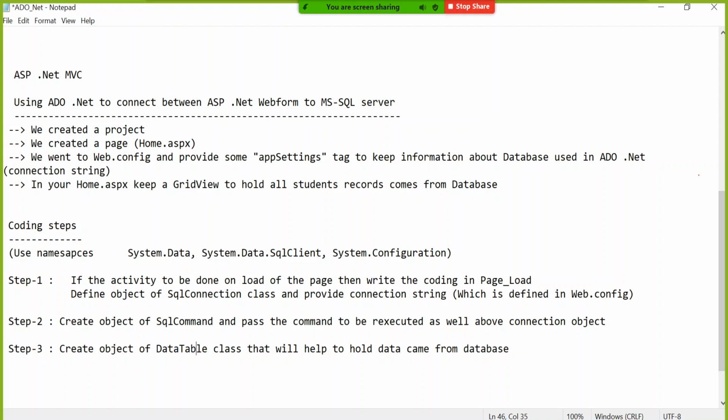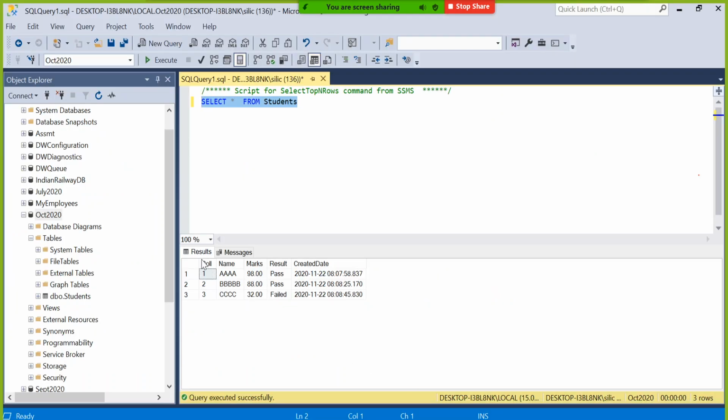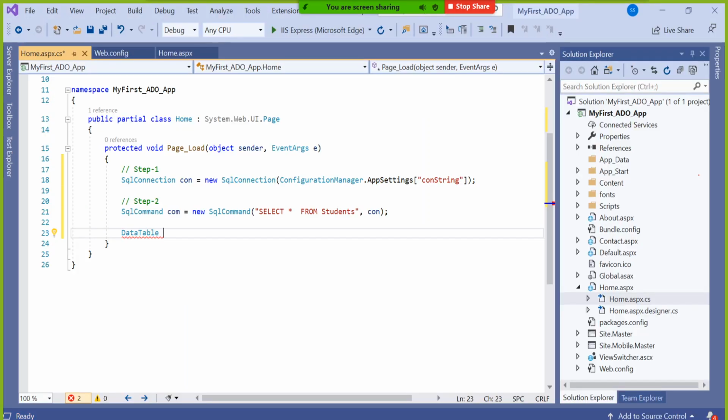So data table is a collection class that is collecting the data from the database. That means if you have 5 columns here, it will create 5 columns there automatically in a single line and give it to you. Have a look how easy it is.